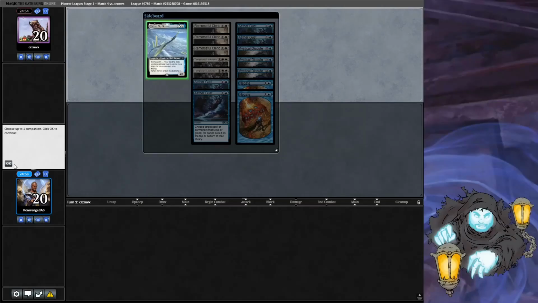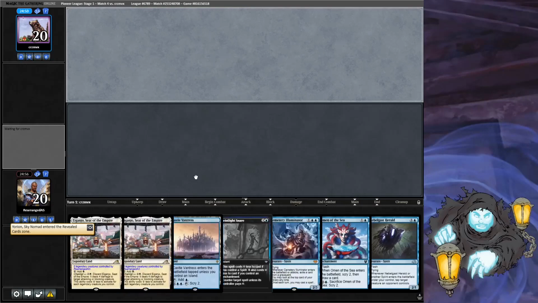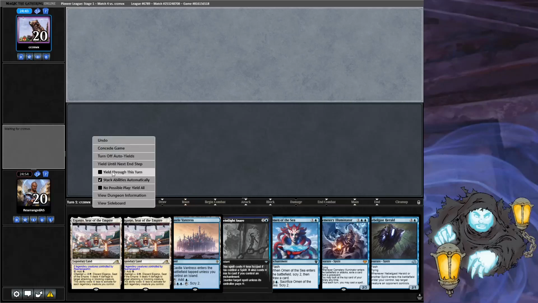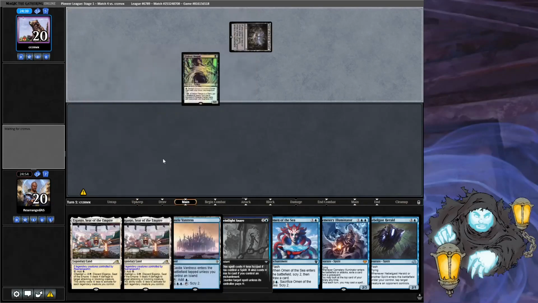All right, welcome to round 4. On the draw, we reveal our friend Yorion here, and our hand's okay. We've got Omen of the Sea, Nebelgast Herald, another way to recoup card advantage in Cemetery Illuminator, and hopefully we start drawing lands that are not going to come into play untapped, because currently Castle Vantress into Evolved